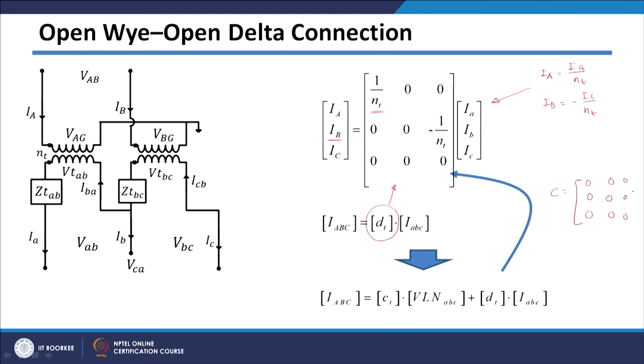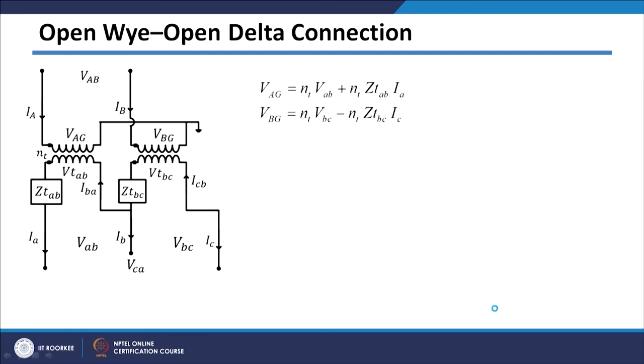So in that case your C matrix will be 0 and D matrix will be this one. So we have got C matrix and D matrix also. Let us see how we can get capital A and capital B matrix. So as I told you, for getting capital AT and capital BT matrix, we need to write equations of